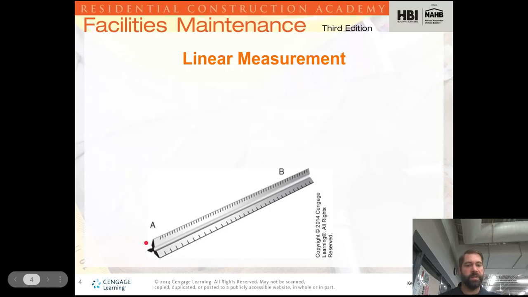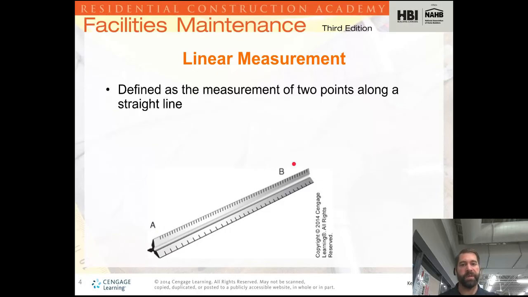So when we look here, this is an architect's scale. We're going to be going over how to use it. We read these just like anything else. We start over here on the left and then read up to the right. Everything is done in lines. So I'm not sure if you've seen a drawing like this before. Blueprints are basically just diagrams. And now we're going to learn how to draw them and how to make sure that